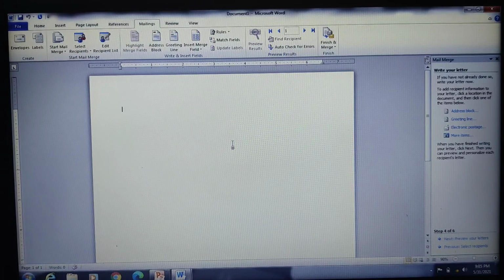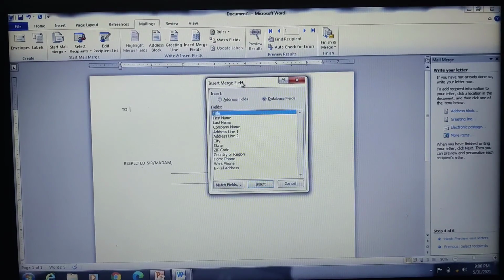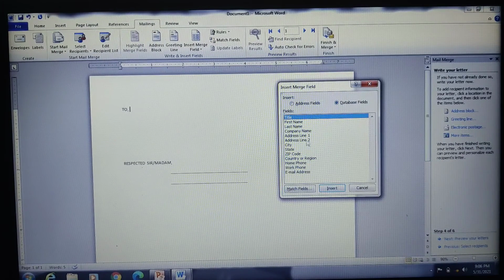And then you can have the two addresses here. So I'll just automatically write the letters here. So this is a dummy letter format I have taken, I have typed it. So here, next you need to click on to the more items. Click on to the more items. So it is asking, so many fields were there in our address. Okay, you need to select which field you would like to print onto your letter form.